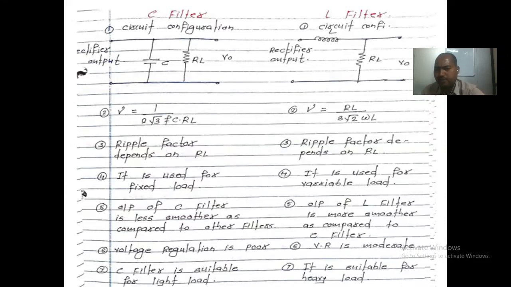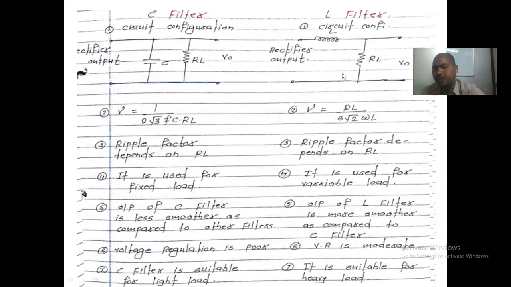The only function of the capacitor is that it passes the AC signal, so it is not ideal or perfect. That's why the output coming across your C filter has more noise compared to a combination such as LC or CLC. Then we see the second type of filter and the differences.